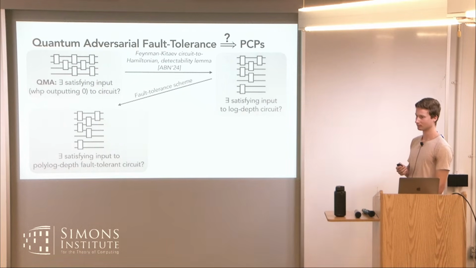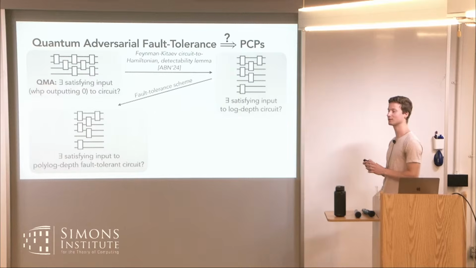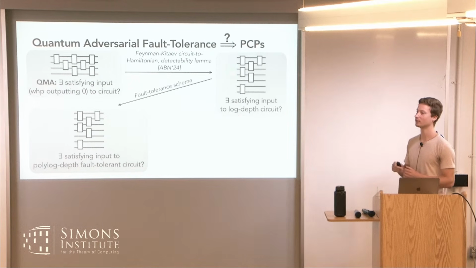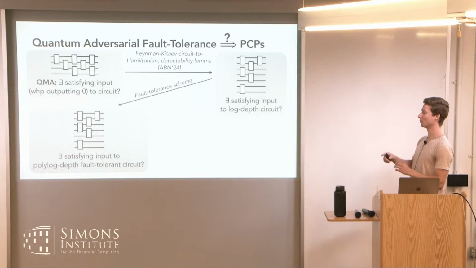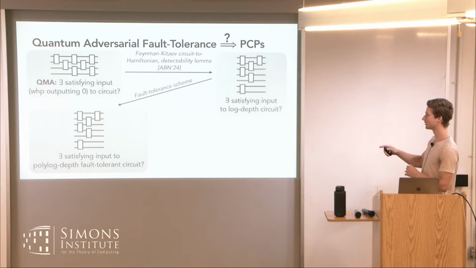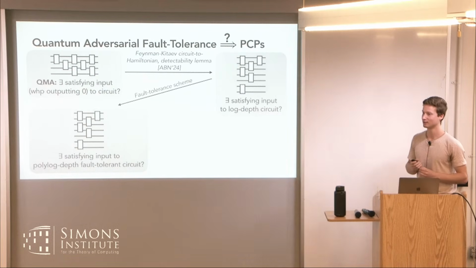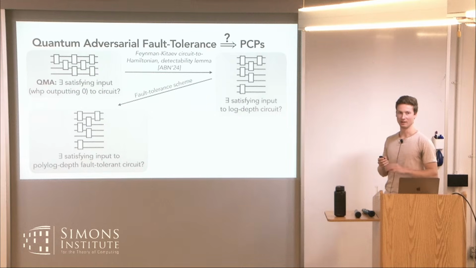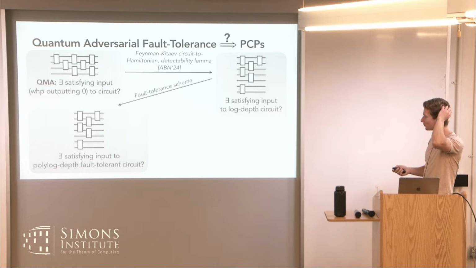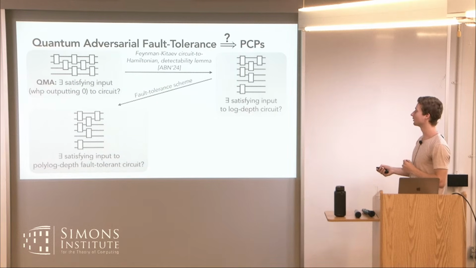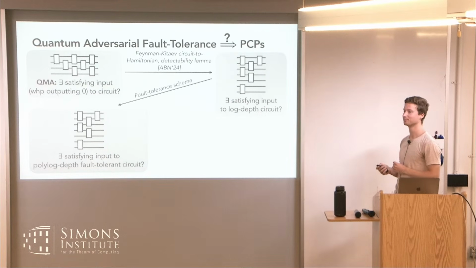But to what value? If we wanted an inverse polylog soundness PCP, it should be robust to an inverse polylog fraction of errors. If we want a 1 over n to the little o of 1 soundness PCP, then it should be robust to a 1 over n to the little o of 1 fraction of adversarial errors. That's just by tracing through backwards what you get. But based on what everyone was asking, if you want truly a constant soundness PCP, you need to do more work because we're always losing a log from this log depth circuit.